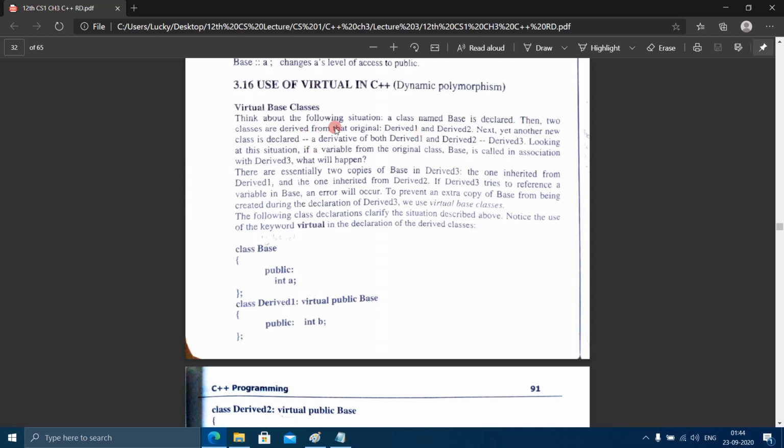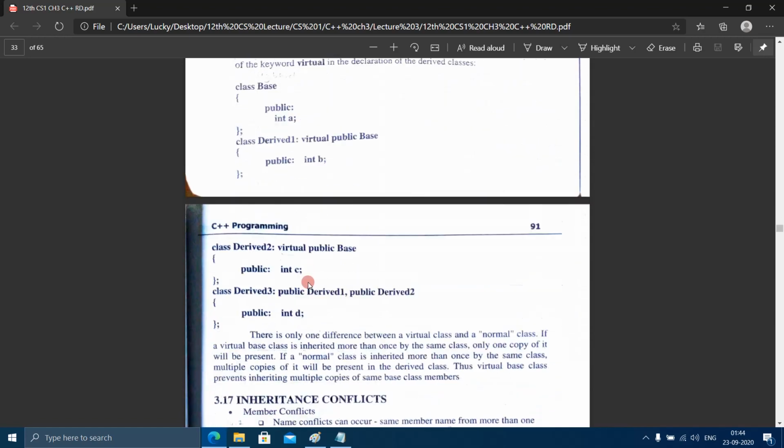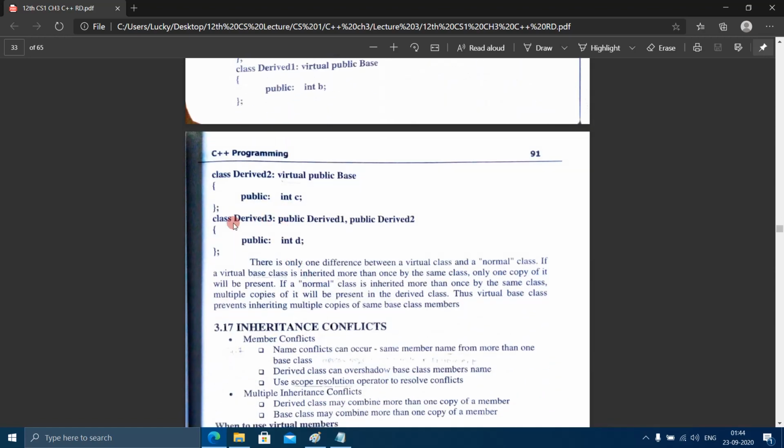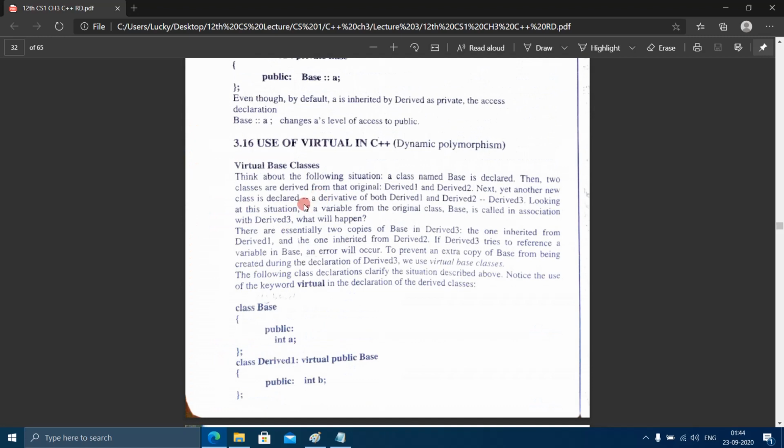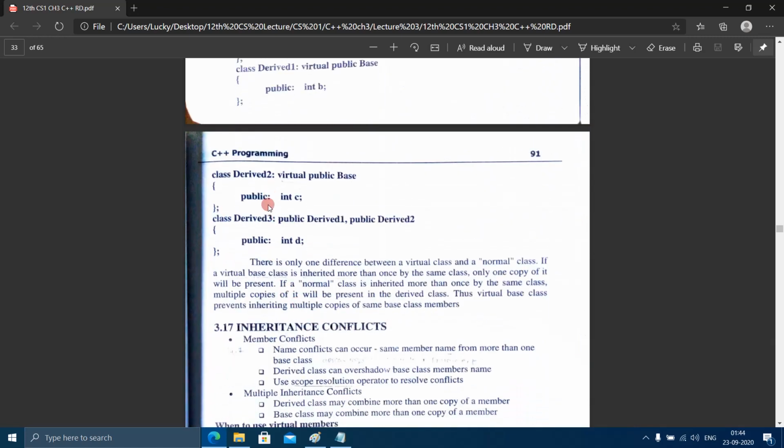Next, yet another new class is declared, a derivative of both derived 1 and derived 2, which is derived 3. So derived 3 is deriving both derived 1 and derived 2.